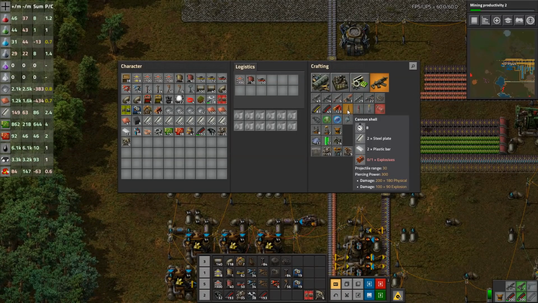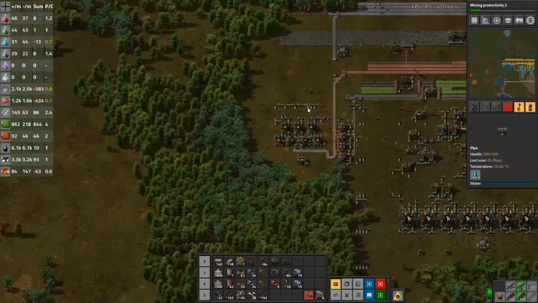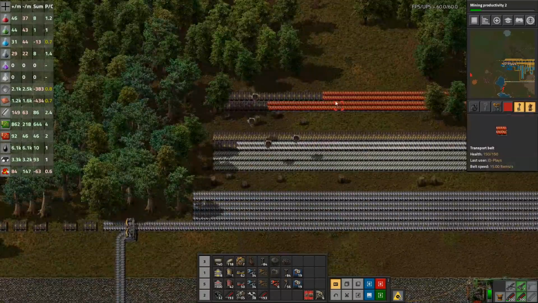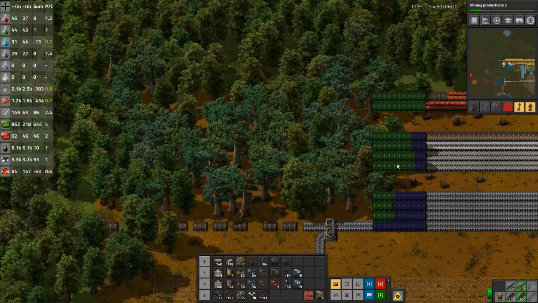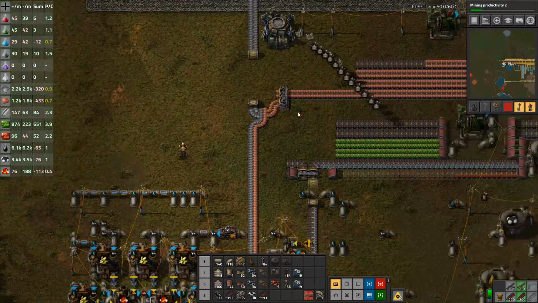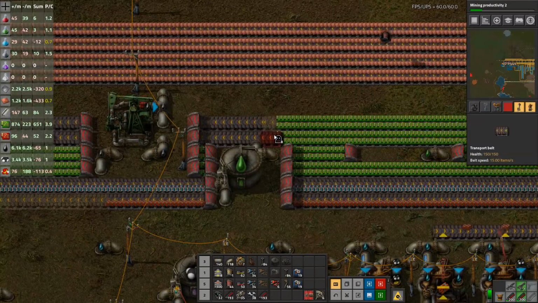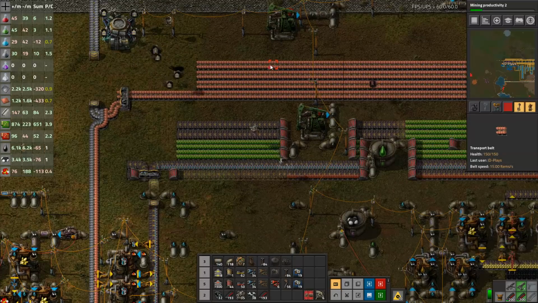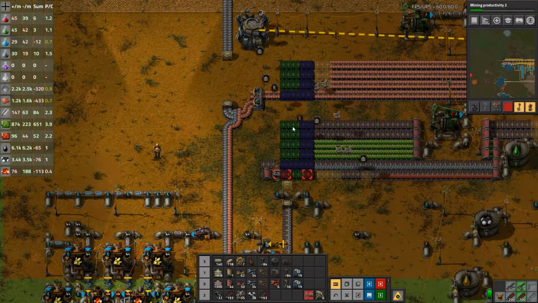We're going to make some tank rounds, which require explosives, plastic, and steel. So plastics up here, steel's up here as well. We're going to copy and just paste that along a little bit further. There's just 2 belts missing. Same with this. We're going to copy and we're just going to